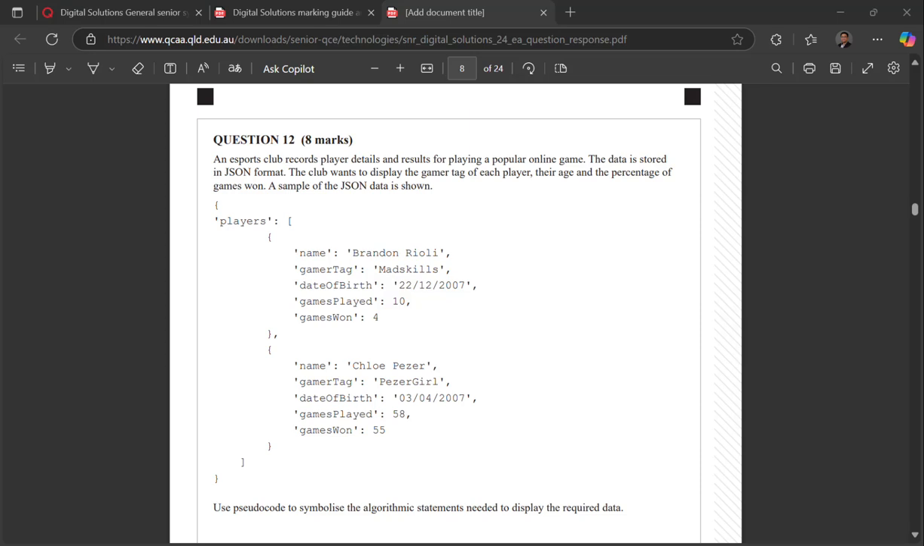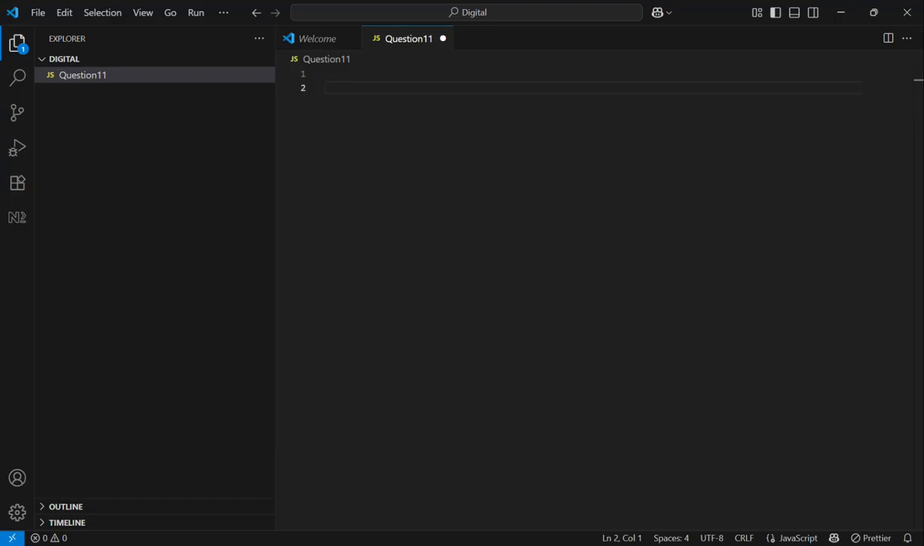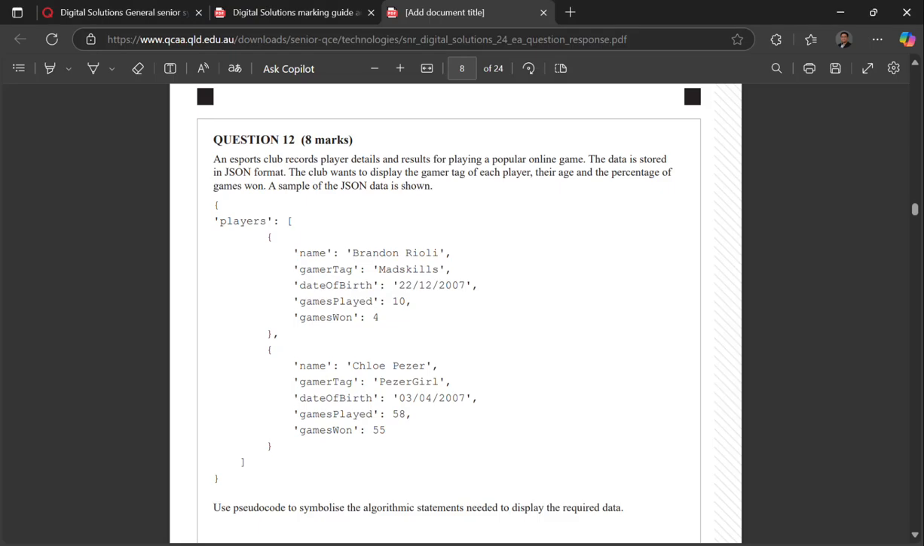All right, so let's improve. We are looking at question 12. We have to read this JSON file, and then we also have to identify the gamer tag, the age, and the percentage of games won. So how are we going to do that? Yes, the key answers show you how to do it,